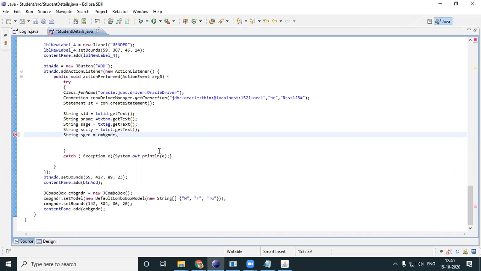Anyway, we'll write the code. Very simple. First what you have got to do is get the index. Get the selected index, not get index. Get the selected index and then get the text at that particular index, or get item at.